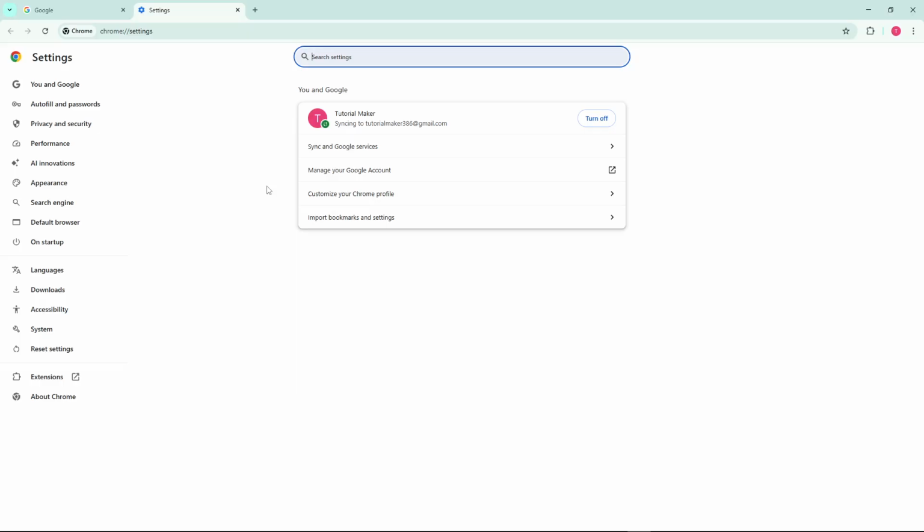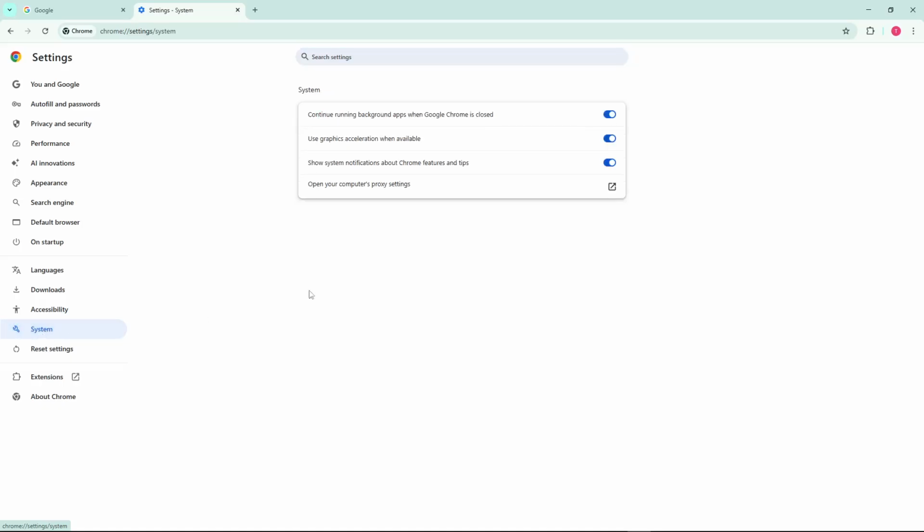Once you're in the settings page, look over to the left sidebar. You'll see several categories listed there, and you need to click on System. This section controls how your browser interacts with your computer's hardware and system resources, which is exactly where we need to make our adjustment. Now, within the system settings, you're going to look for an option that says Use Graphics